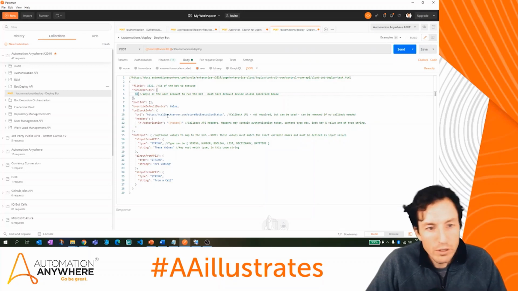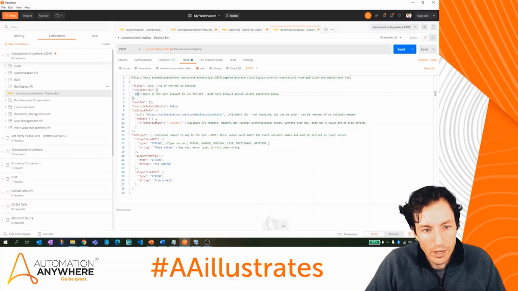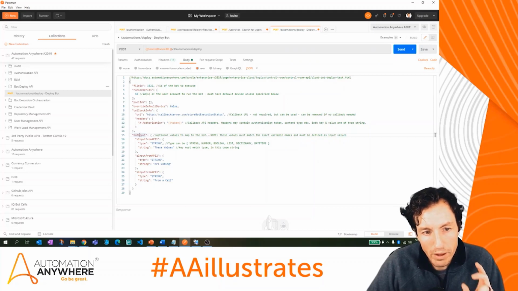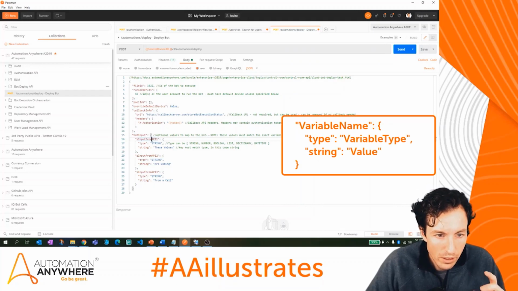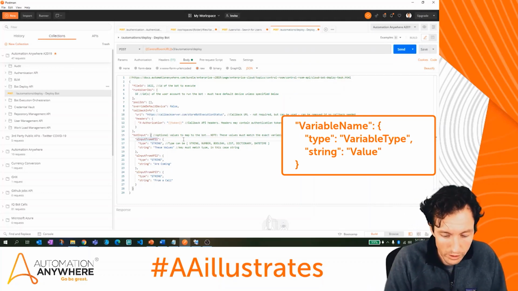Some other things you can do here if you wanted to have a callback URL. I've got my X authorization token here, so I put that in. And then here is the big important part, right? My bot input. And this is where I can map values to my bot. And so I've got 2 string values. And the way that you set these up is this actual JSON object has to be named after the variable itself. And that's why I made a note of what my variables are called. So mine was just called